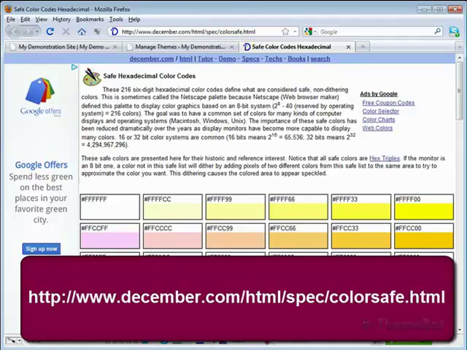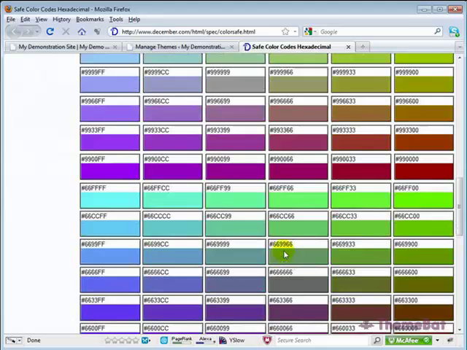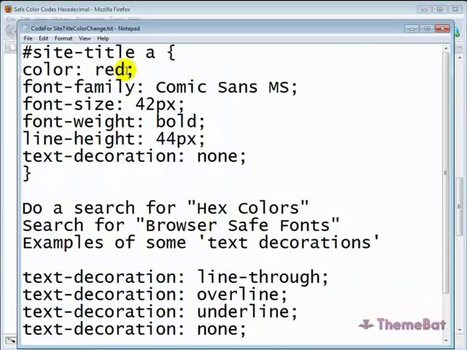december.com/html/spec/colorsafe.html. You can come to a page here that has a few of them listed. I mean, there's a nice selection, but all you have to do is add this hexadecimal code, and don't forget the pound sign, number sign, hash sign, whatever you want to call it, depends on what side of the pond you're on, I guess. But add all of these numbers and that symbol there in place of the color red here. Make sure that you put a space after the colon and no space before the semicolon,